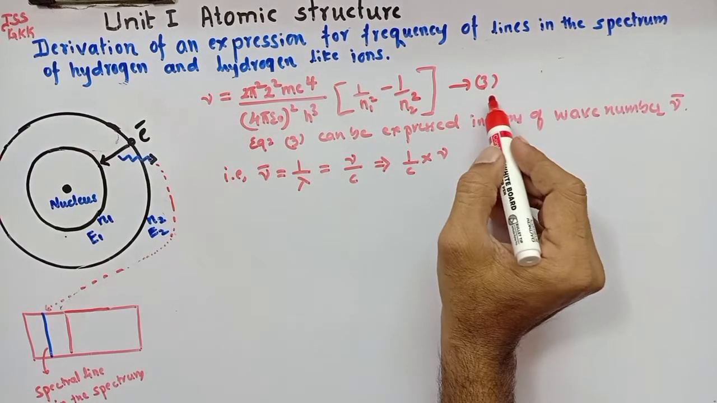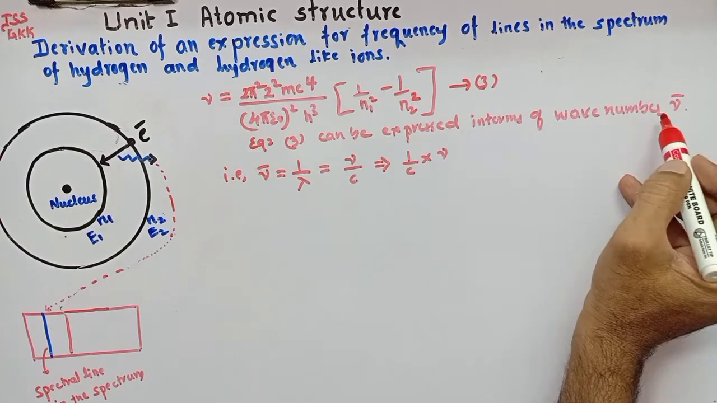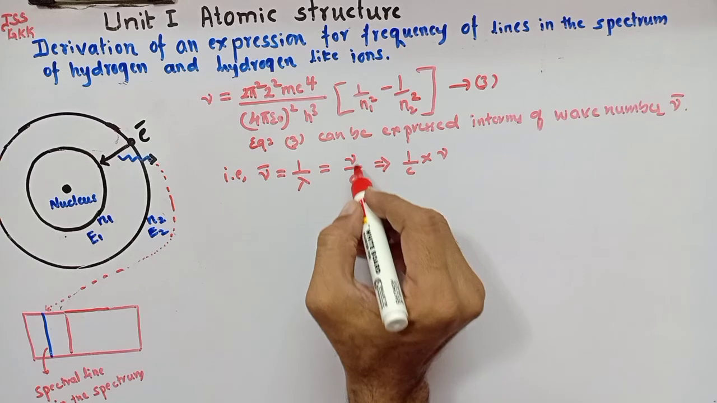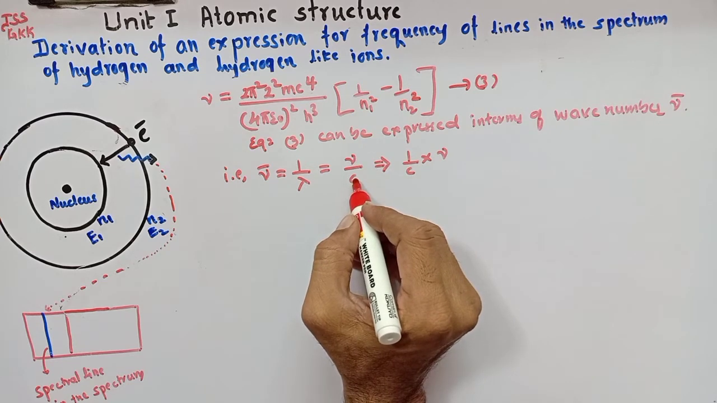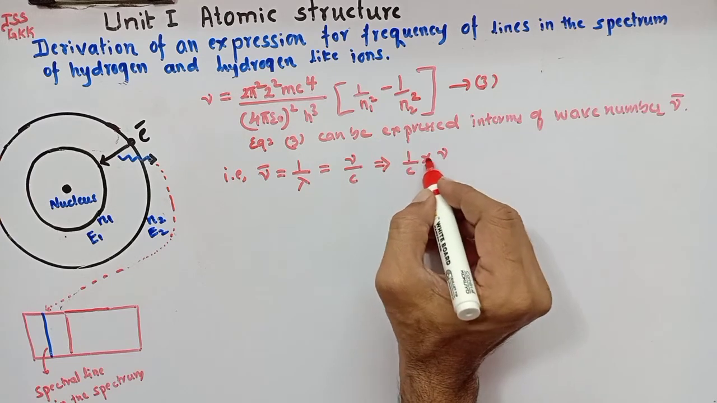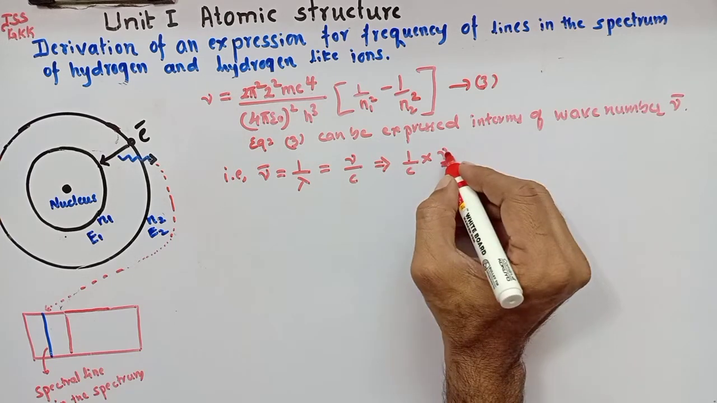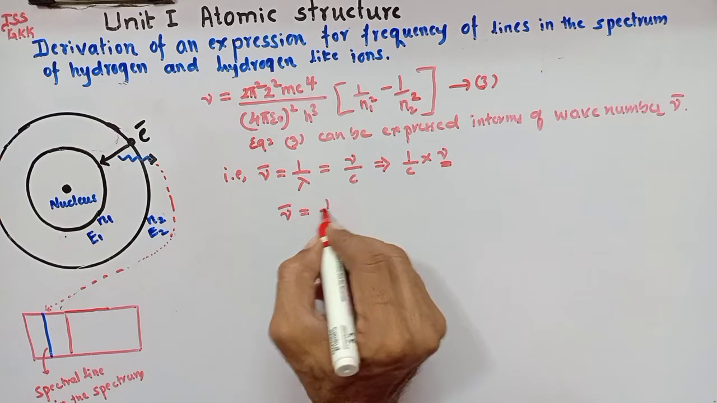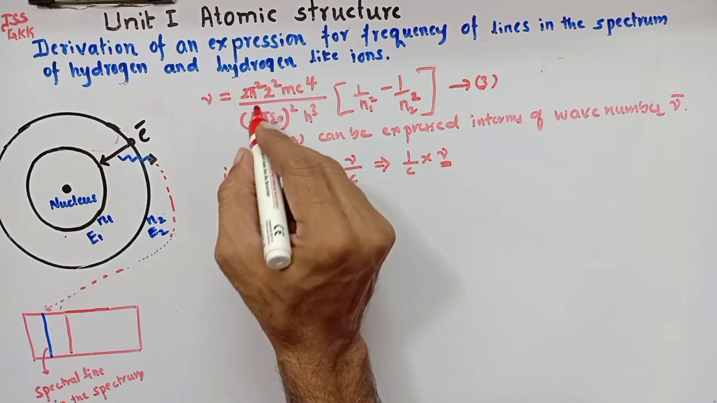Now this equation 3 can be expressed in terms of wave number, that is, wave number is equal to the reciprocal of wavelength, that is equal to nu by c, where c is the velocity of light. Now this can be written as 1 over c into nu. Now we know the value of nu from equation 3. Therefore, nu bar is equal to 1 over c into, write this equation,